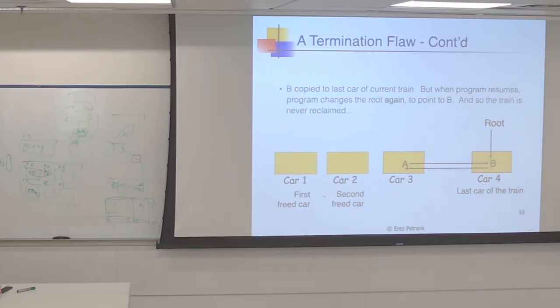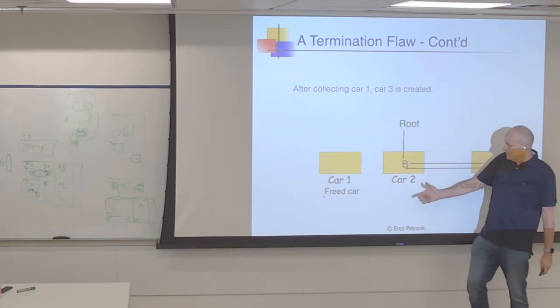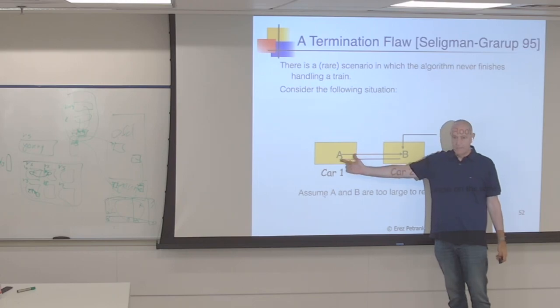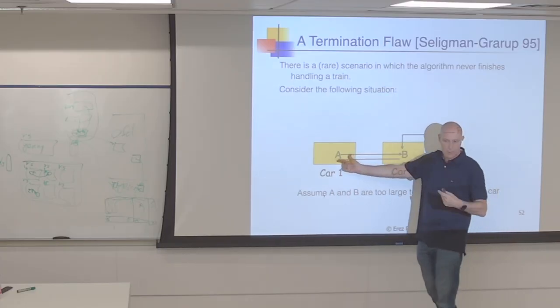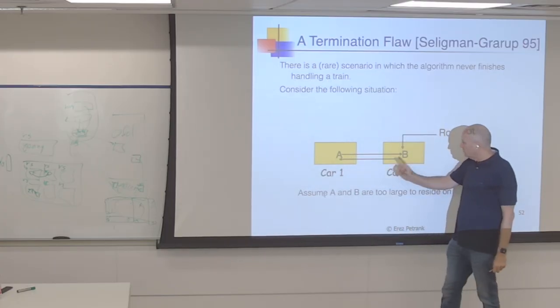When I do a futile collection, in this case I'm moving A to the last car, and I'm moving nothing out of this train. For me, this is a futile collection. I'm not making any progress. What I'm going to do is remember